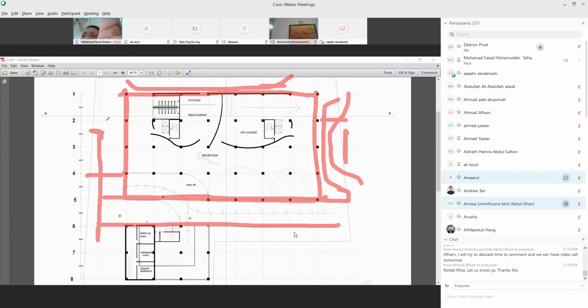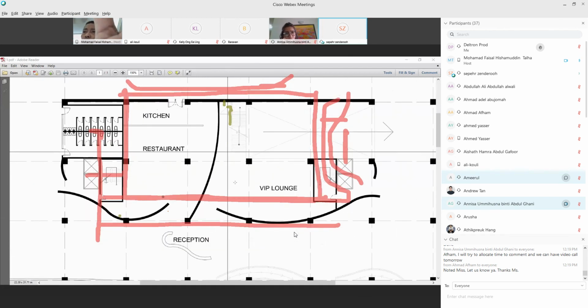VIP lounge. This is for some people who want to have a performance. The important people, maybe the seniors, enter the VIP lounge, and from the staircase here, or the lift here, they go to the backstage. Backstage, level up. There's a lift there. Yes. Can't see. Want me to zoom? What lift is this? This is for the VIP, going directly to the backstage.